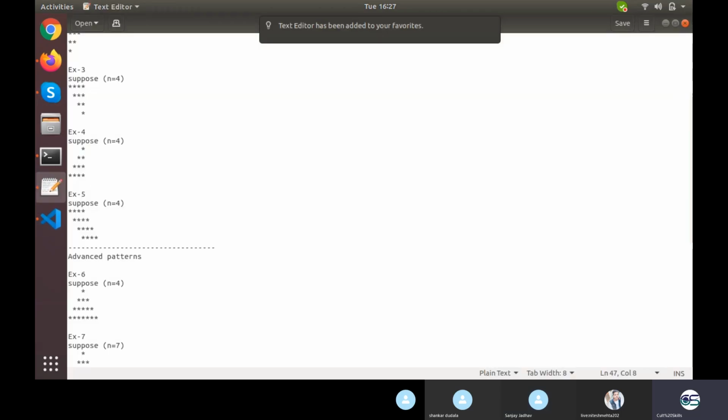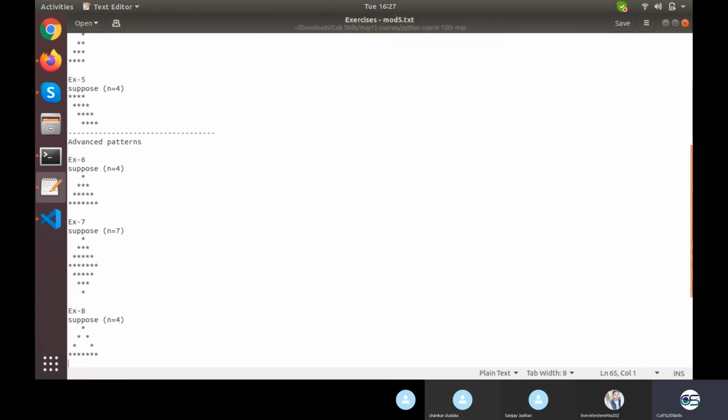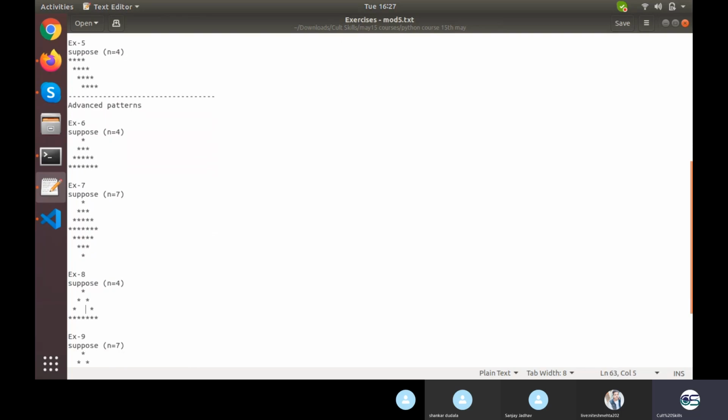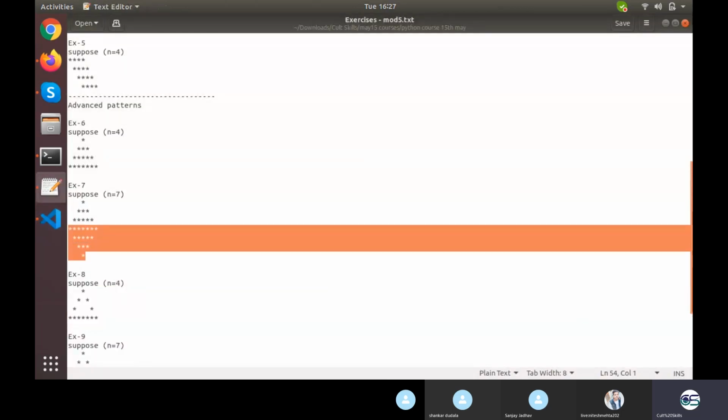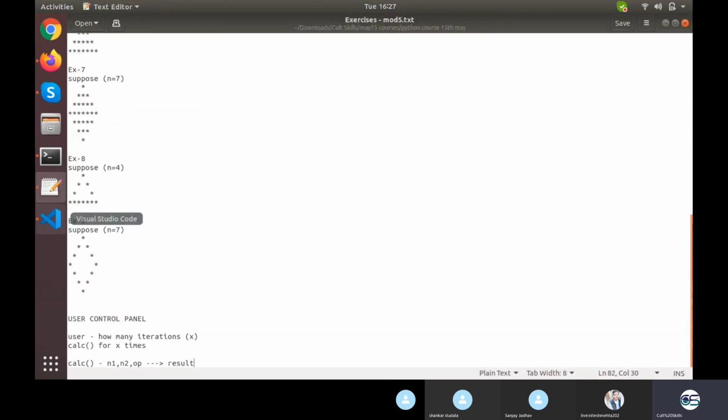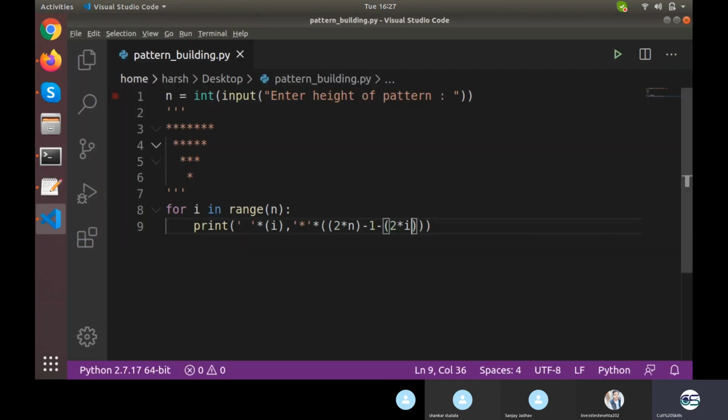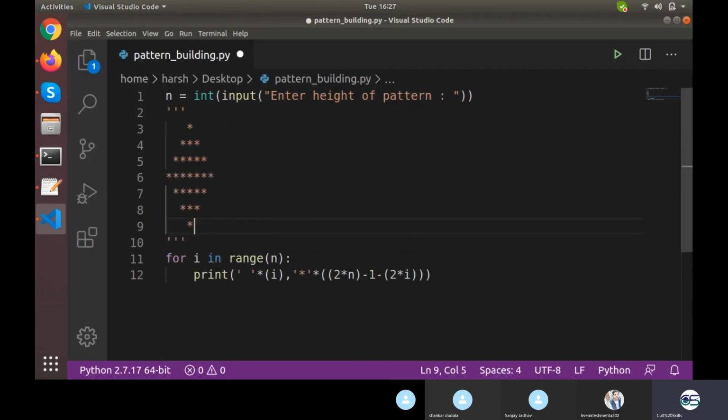Next we have something like, we are done with this. Let's make the 7th, 8th and 9th part. Or rather, I want you to make the 8th and 9th by your own. I would be making this 7th one. That will be a bit more complex.